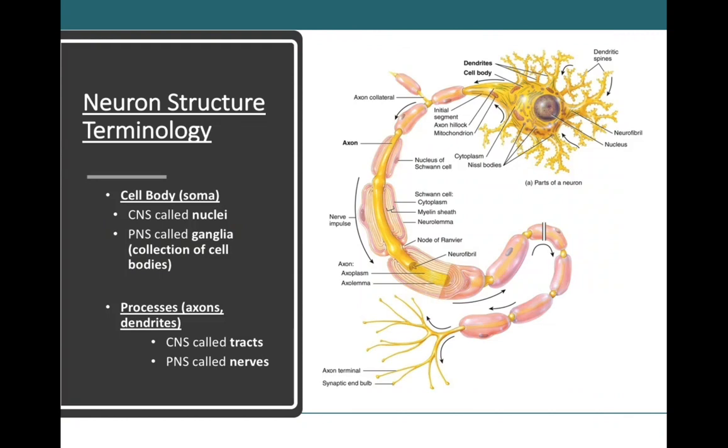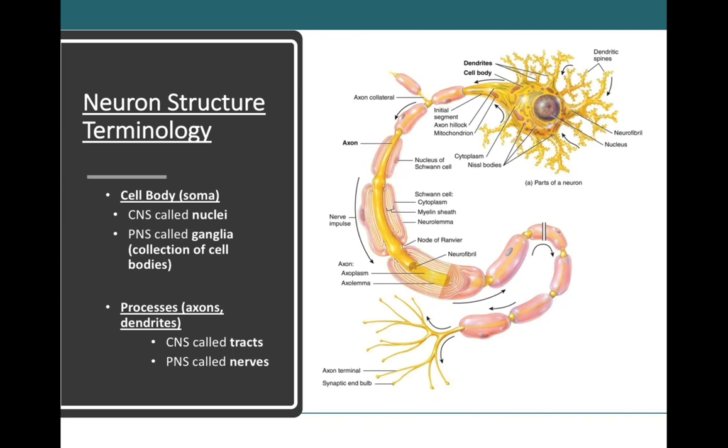So up until this point, we know that neurons have dendrites, and we know that neurons have axons. Axons are the large projection, dendrites are the multiple smaller projections. And we know that the axons send signals out from the neuronal cell body, and we know that the dendrites will receive signals. But in the central nervous system versus the peripheral nervous system, we will actually call these different